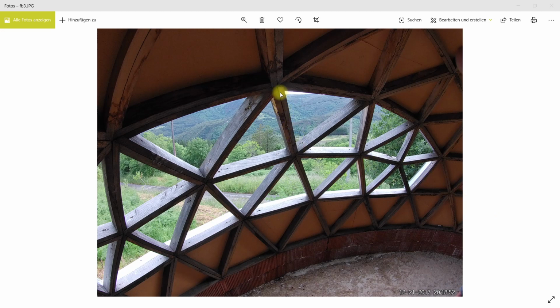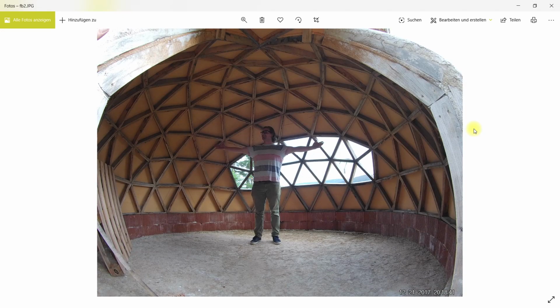And again, that happens, but it's not too terrible. So if we look at another pic here, I'm standing in Guido's Geodome, which is actually quite cool. He used wood fiber boards to cover it. It's better than OSB,